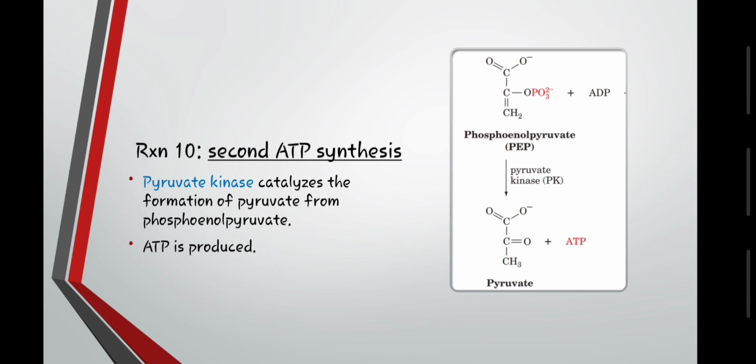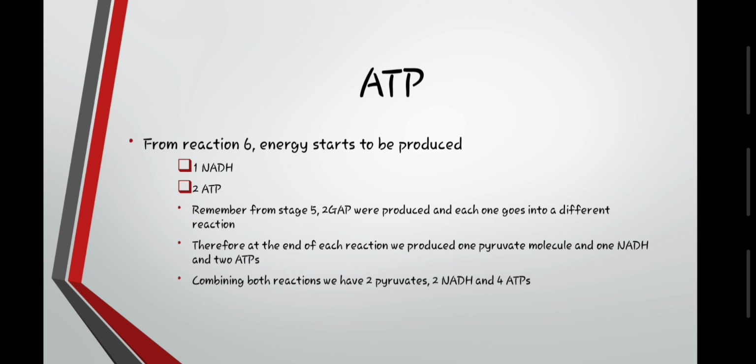So you are inputting ADP and inorganic phosphate, and you end up with a pyruvate and an ATP molecule. So remember, from step 5 we've started